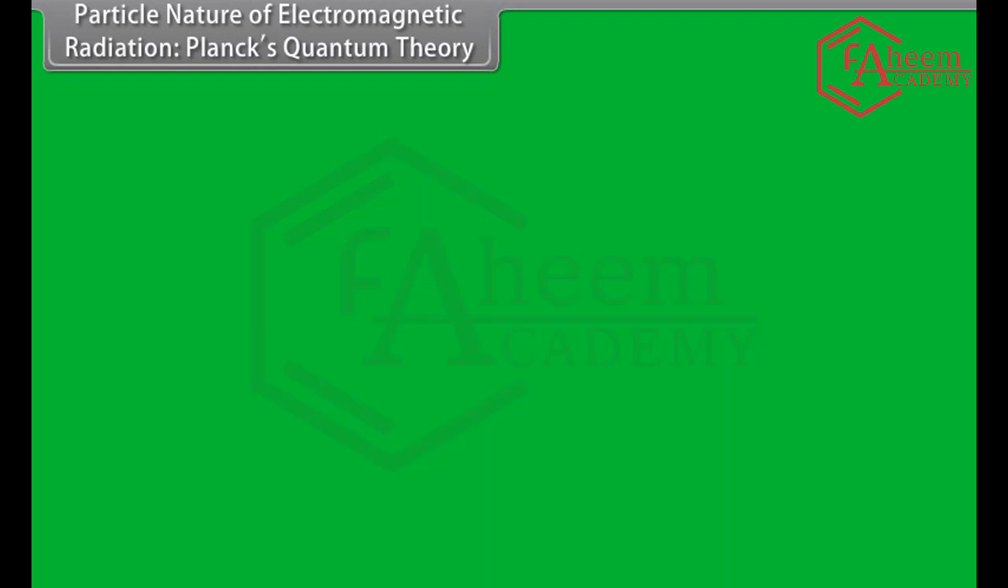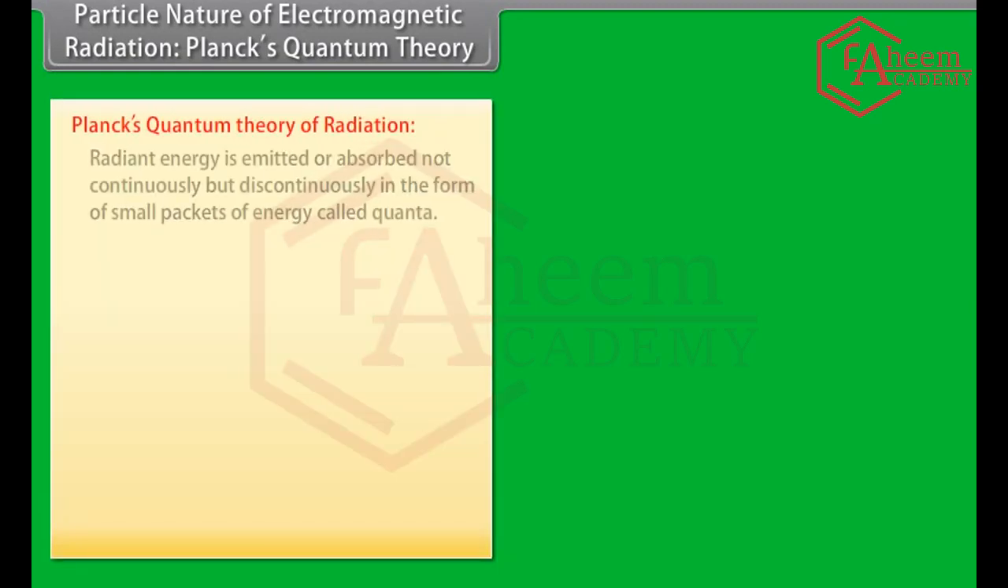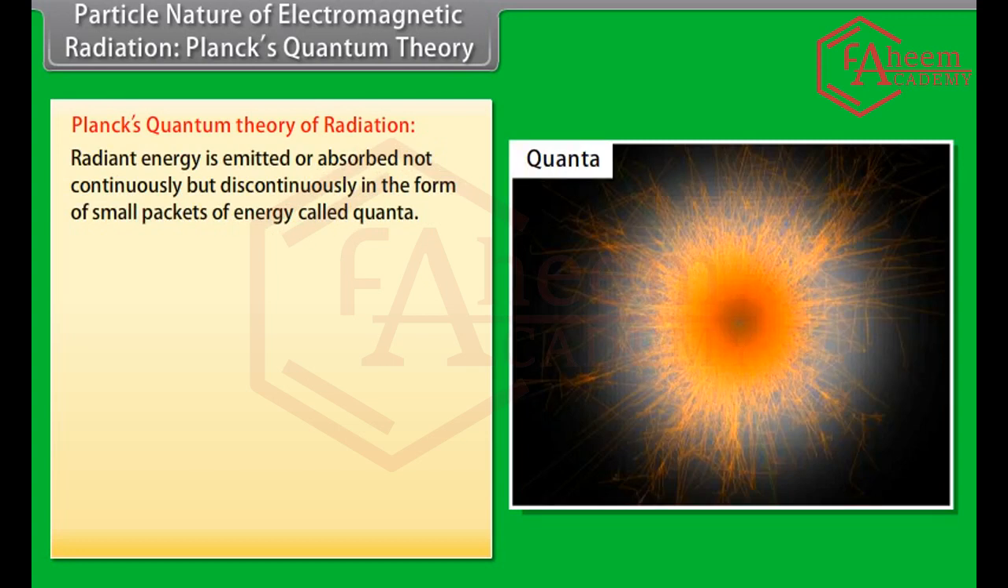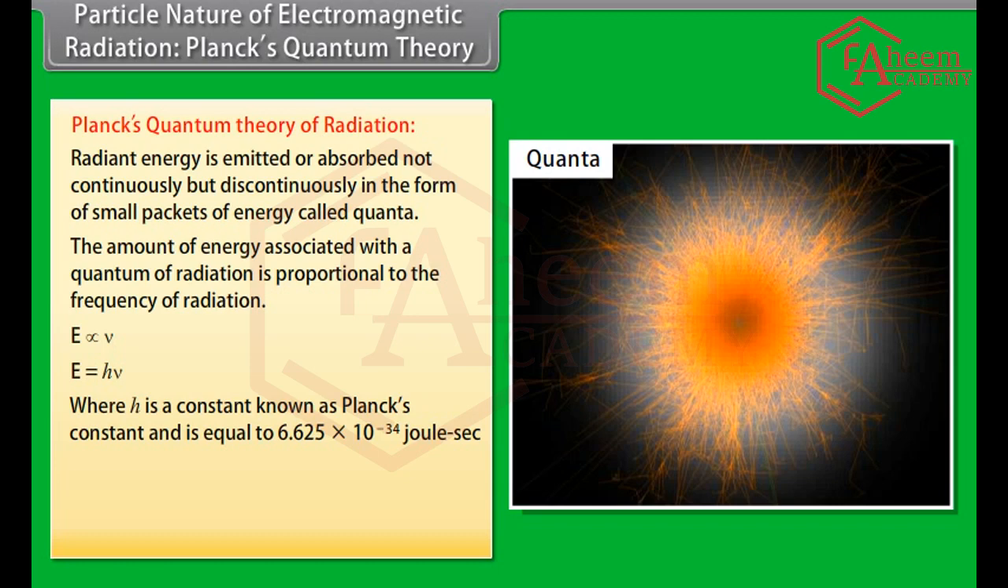Particle nature of electromagnetic radiation. Planck's quantum theory. Planck's quantum theory of radiation. Radiant energy is emitted or absorbed not continuously but discontinuously in the form of small packets of energy called quanta. The amount of energy associated with a quantum of radiation is proportional to the frequency of radiation, where h is a constant known as Planck's constant and is equal to 6.625 into 10 raised to the power minus 34 joule